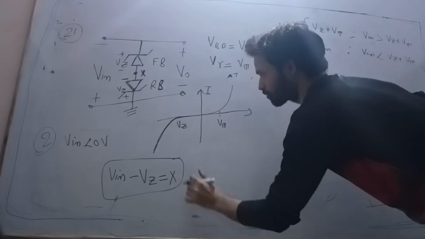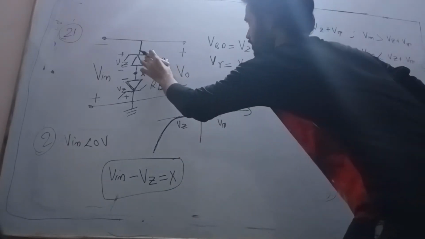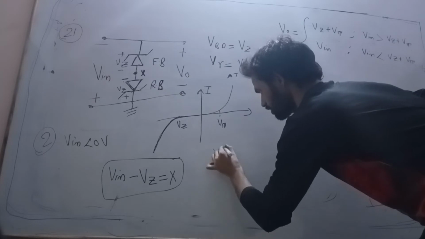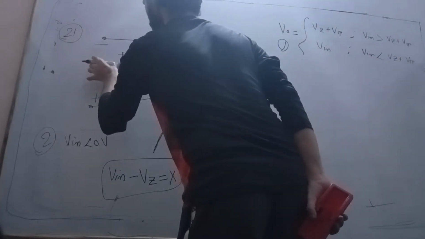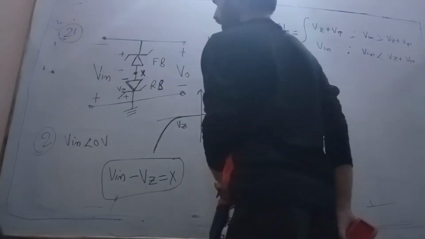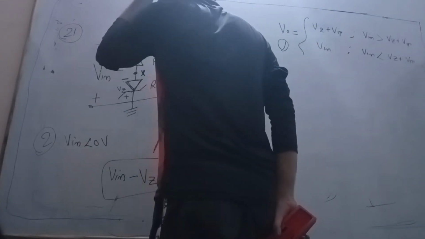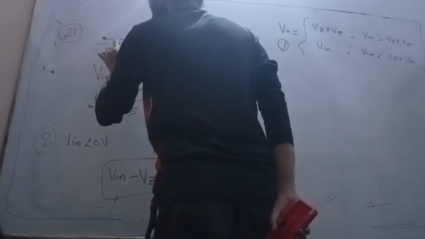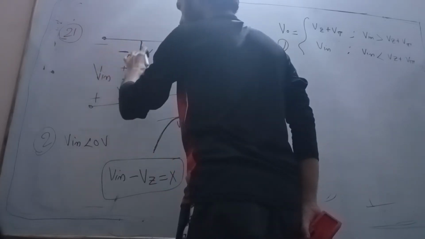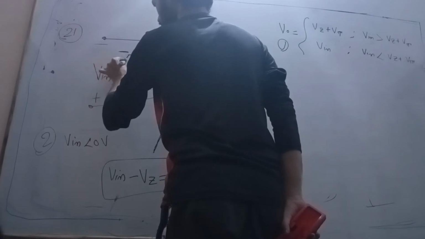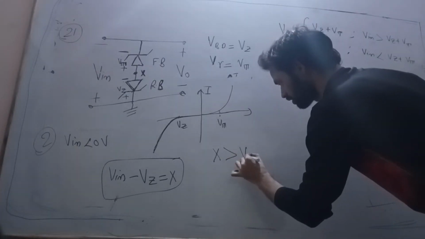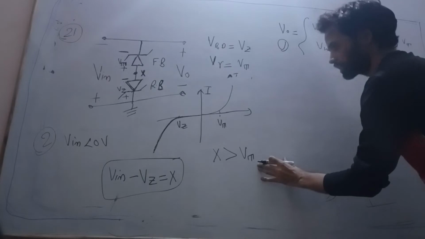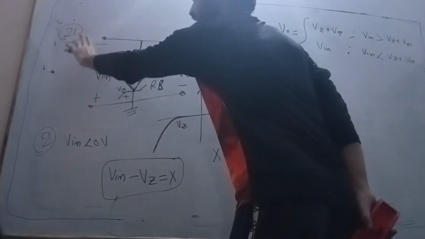So x is this. Now we will see, this diode is in forward bias only when this x will exceed the forward bias voltage. This is positive, this is negative, so this will act as a normal diode in forward bias, and its voltage is the threshold voltage Vt, the cutting voltage. When it exceeds this cutting voltage Vt, now see, understand, everything